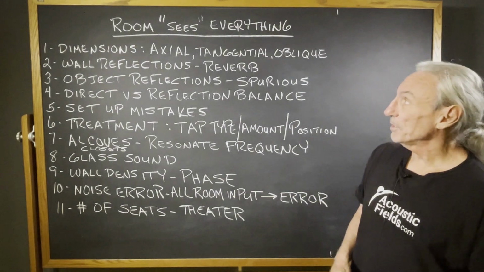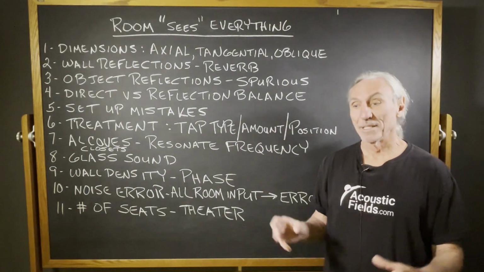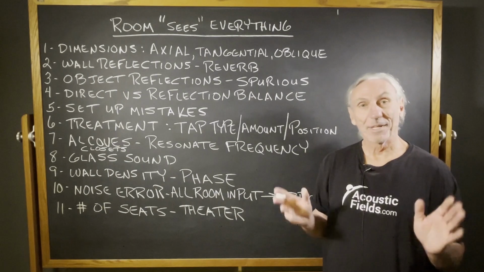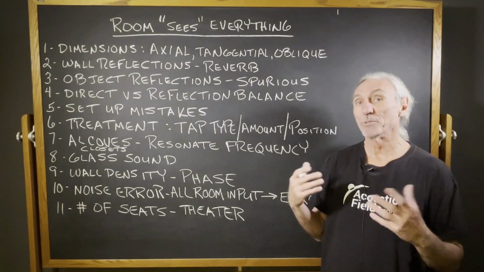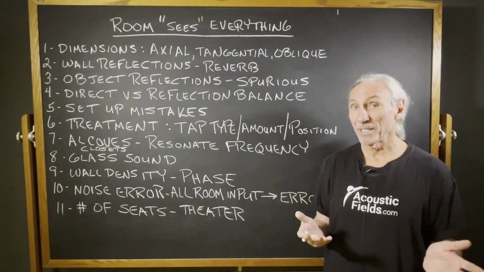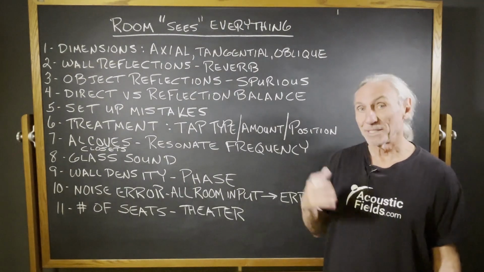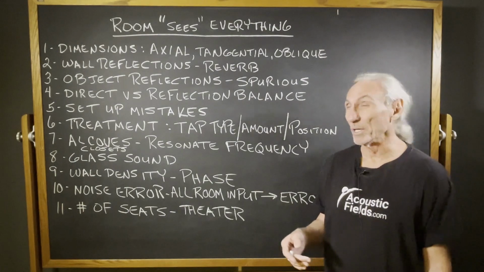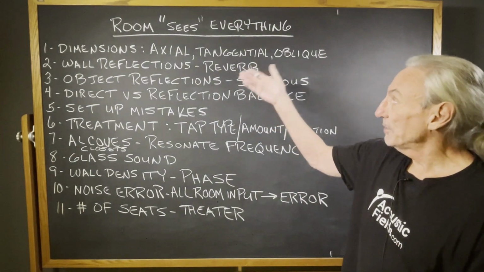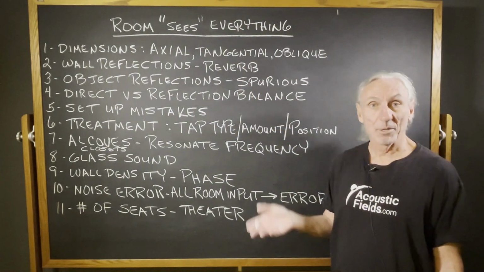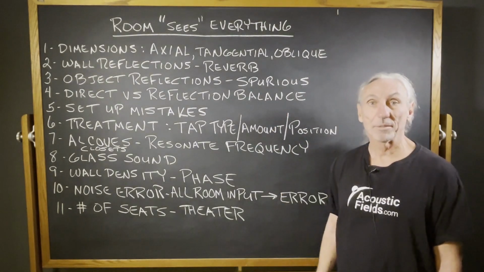The topic of this video is the room sees everything. We have to realize that getting good sound quality in a room is about doing a lot of little things correctly, but more importantly, doing them in the correct sequence or order, because each step builds on the step before it. So we have the dimensions, the axial, tangential, and oblique modes are entirely determined by the dimensions of our